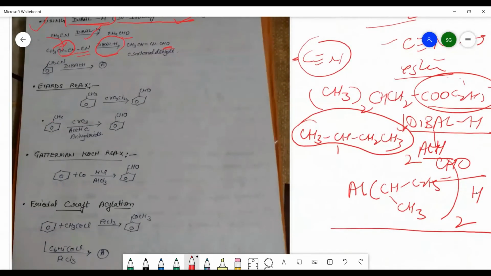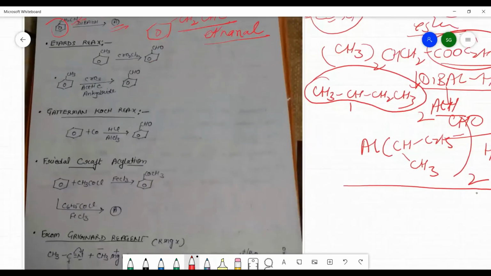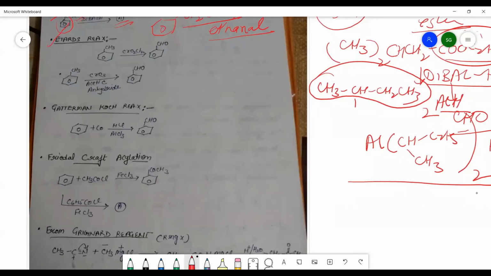Now in the another reaction, now you can find out what is A compound here, that is Dibal H, cyanide group is there. There is no effect on the benzene ring, and the CHCN will be converted into CH2 CHO. What is the IUPAC name of this compound? It is 2-phenyl ethanol. Now the another reaction is the Etard's reaction, in which the hydrocarbon, aromatic hydrocarbon, is converted